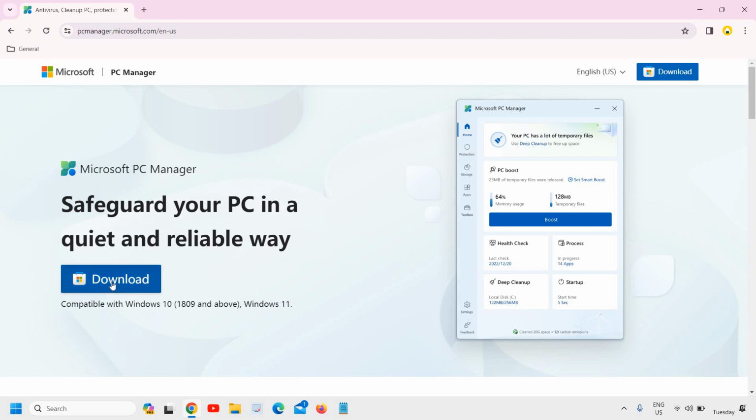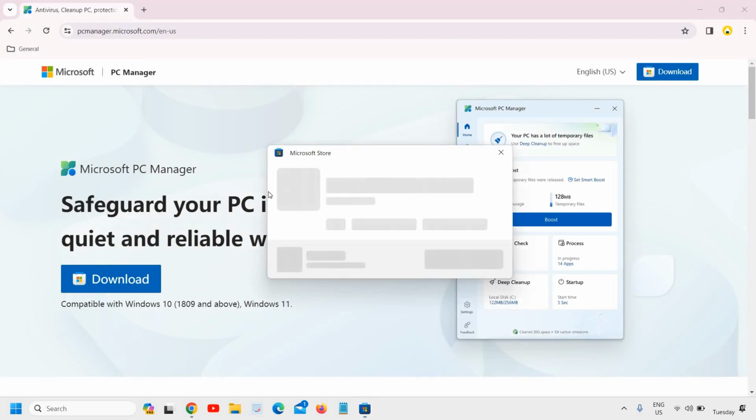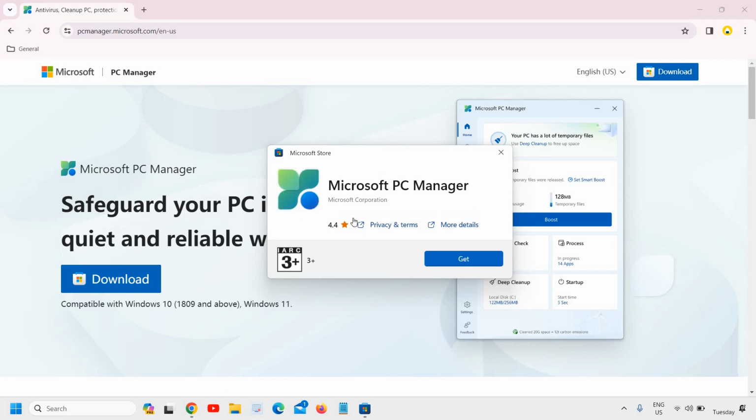And it is also available in Microsoft Store. So I'll click on download, and it says since it is already downloaded, I'll just click on open Microsoft Store, and very soon we will see an option to download the Microsoft PC Manager. So it's opening. It says Microsoft PC Manager. I'll click on get,